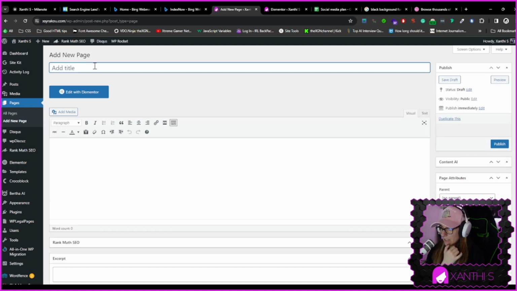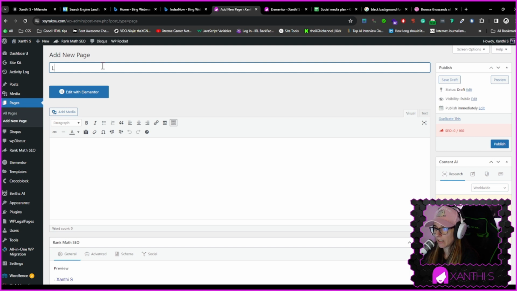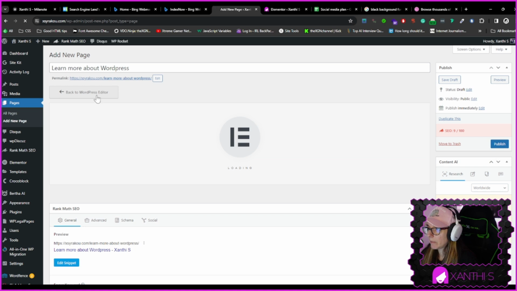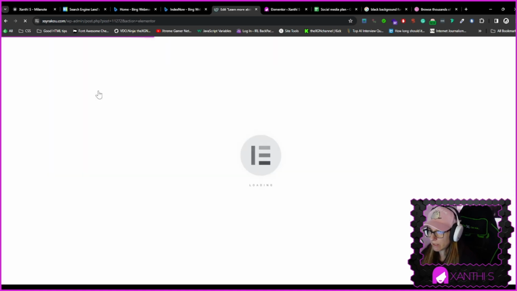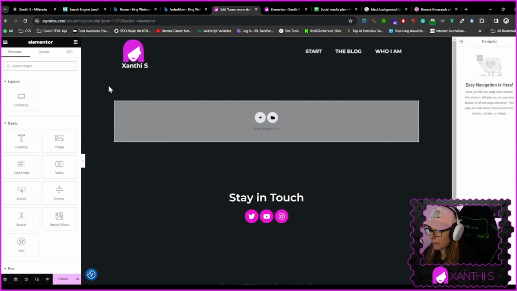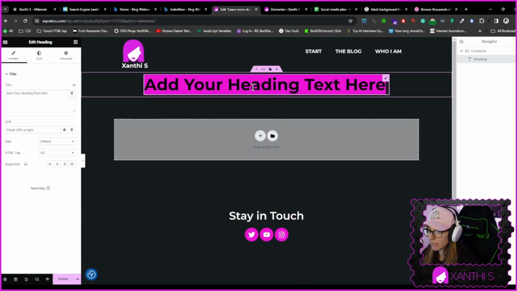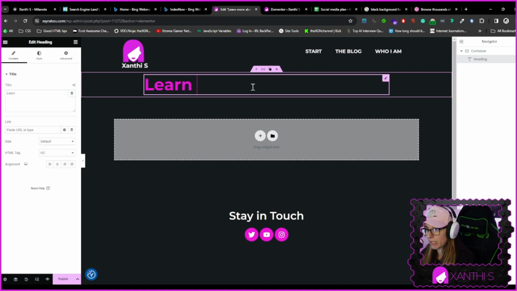The frame for that and for everything else would be Learn More About WordPress. And here, I'm going to edit with Elementor. Technically, you can just write some text here, but I'm going to edit with Elementor because I want to add some elements as well. So here I'm going to add the heading, which is also going to be Learn More About